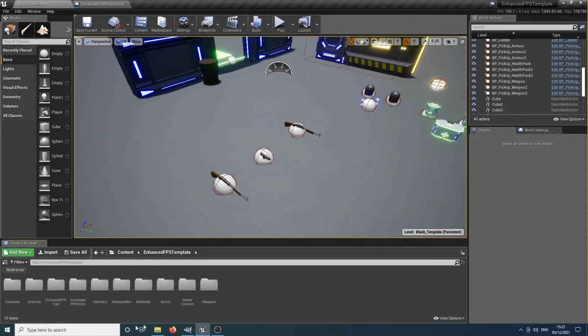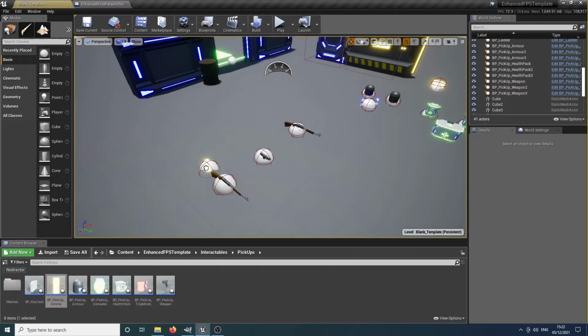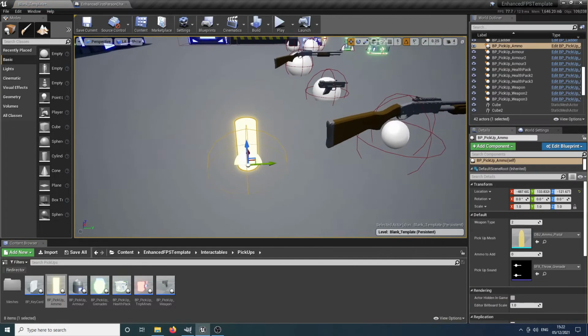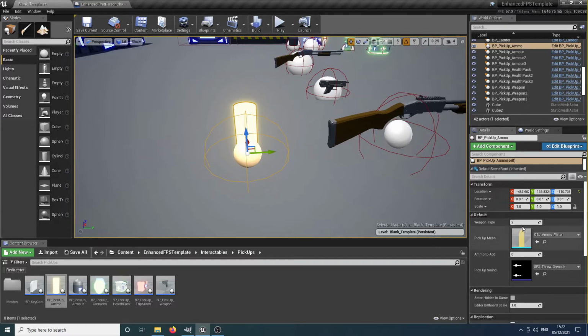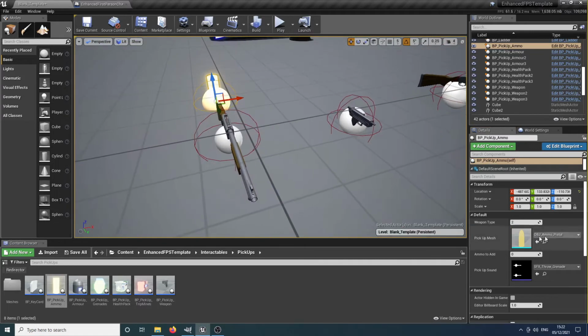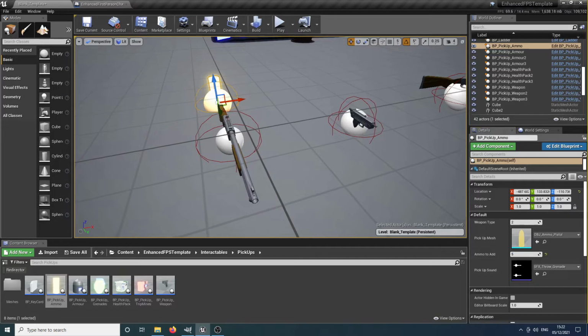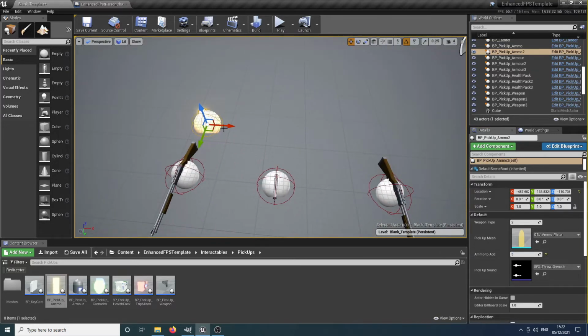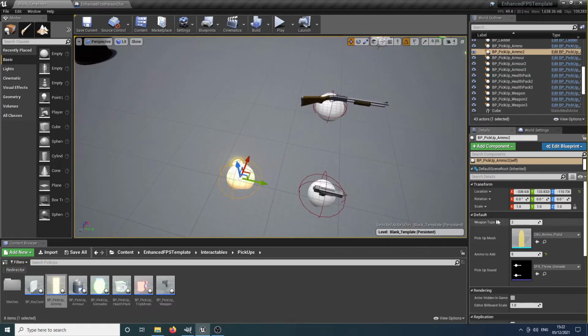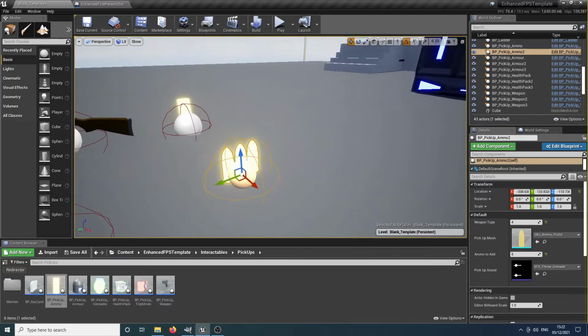So if we go back into the pickups, in interactables, pickups, and ammo, we have the ammo here defaulting to the shotgun shell. We'll leave that as shotgun shells actually, and you can set the pickup mesh here, and you can set the ammo to add. So we'll say it adds 5 shells, and we've got the pickup sound there as well. And we can just duplicate this, drag it along, or you could drag a new one in, it doesn't really matter. And we'll set this to weapon type 4, which should represent the SMG,